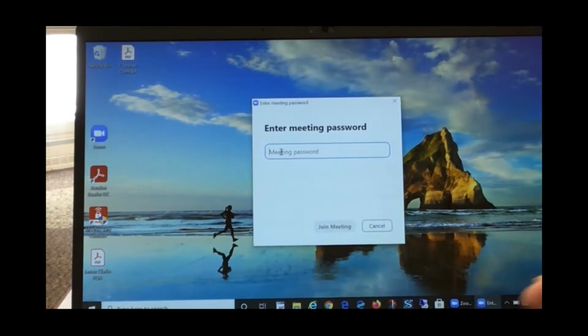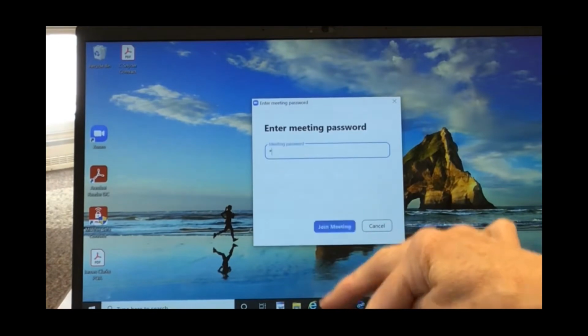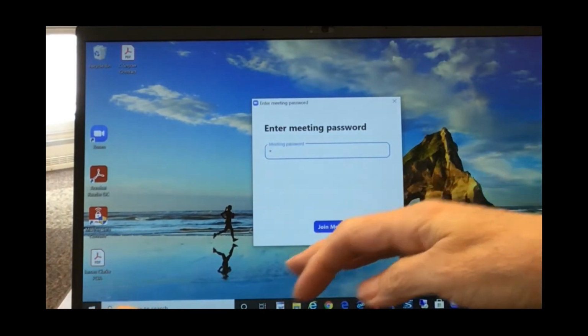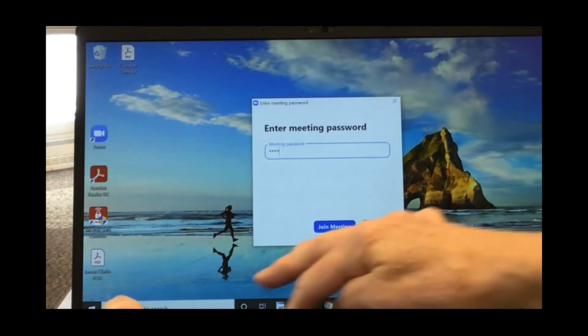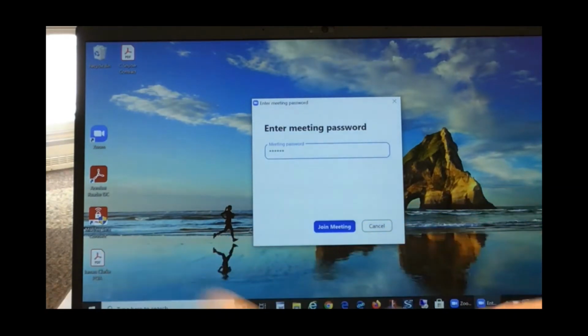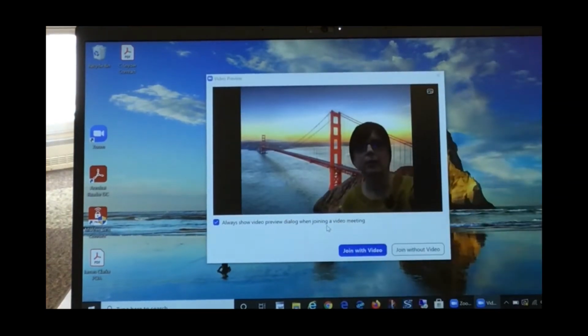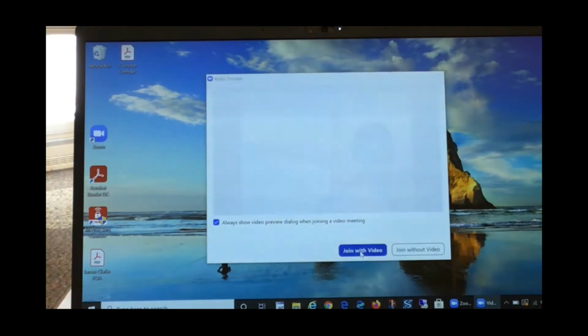So now it's prompting you to enter your password, so I'm going to go ahead and enter that. Connects you. You should be able to see yourself on video. You have the option to join with a video or without a video, and that's totally up to you whether you want people in the meeting to see you or not. So we're going to go ahead and click join with video,